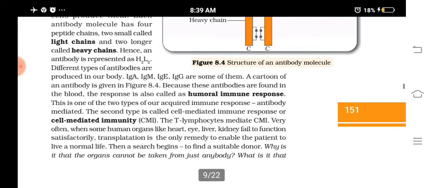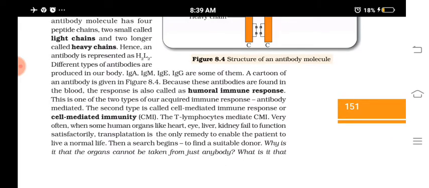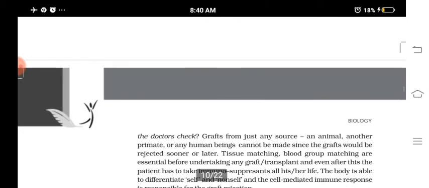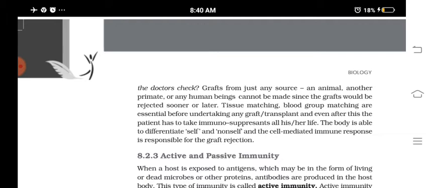Cell mediated immunity. Cell mediated immunity is done with the help of T lymphocytes. Humoral immune response is done with the help of what? B lymphocytes. But cell mediated immunity is due to what? The T lymphocytes. And these T lymphocytes are responsible for organ rejections. What happens during organ transplantation? Easily the body will not accept the donor's organs, isn't it? If it is from other animals or from another human being, it will not be easily accepted by the body. Why? There will be rejection